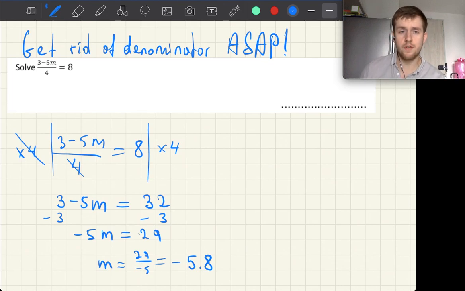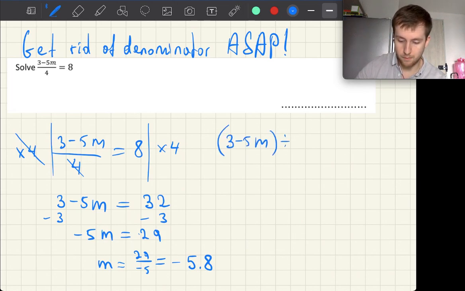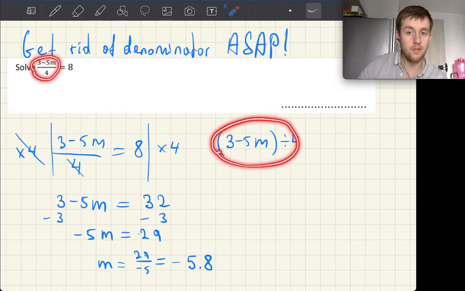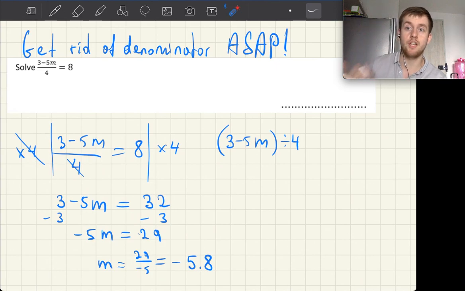Why do we do this? Because again, we want to get rid of the denominator. Basically, what happens here is 3 minus 5m is divided by 4. We show it like this, but basically this and this are the same thing. If we have a division, how do we get rid of it? We do the opposite of division, which is multiplication. So we multiply both sides by 4 to get rid of the denominator, and we get 3 minus 5m equals